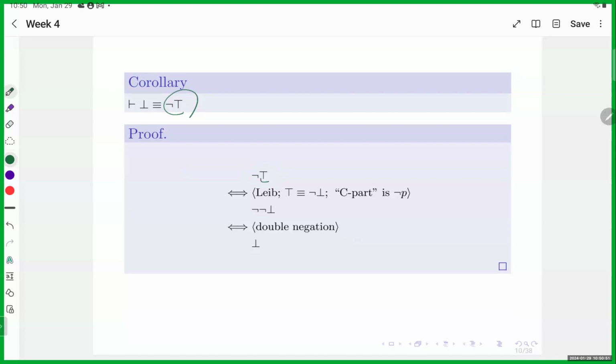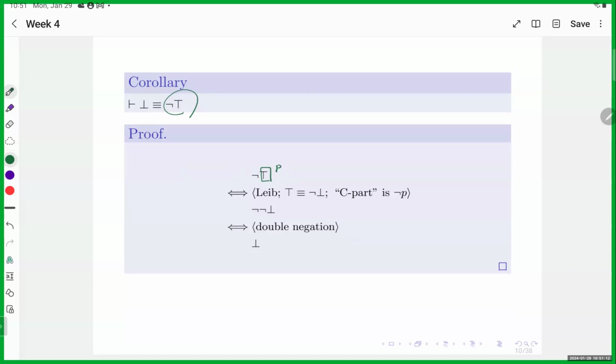Now I know that top is equivalent to negation of bottom. So I pick this subformula, just the top itself. That means do not take negation. Now if I call it P,